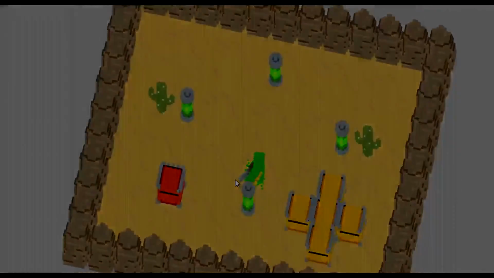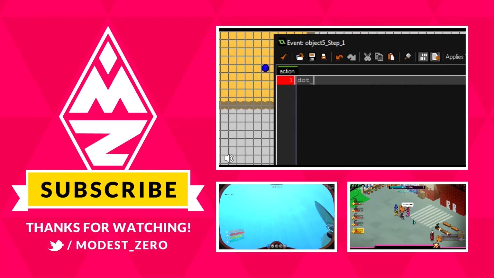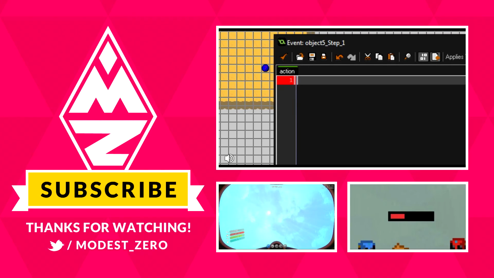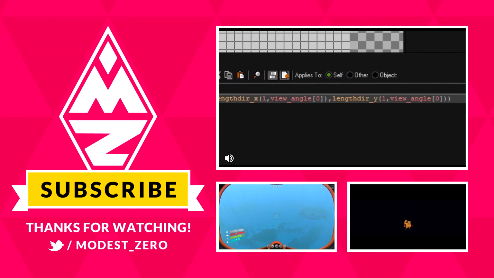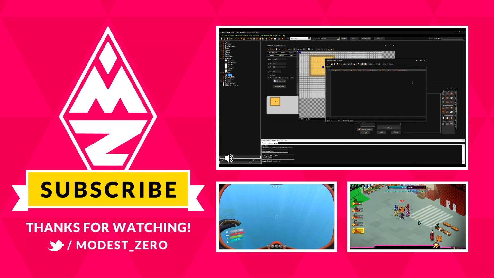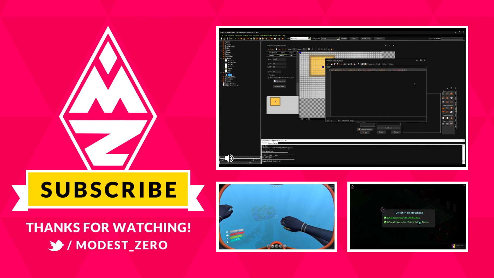Woo! It's called the dot product, I think. Yeah, okay. So as far as I can understand, and I still really don't understand it, the way that GameMaker explains it is it kind of works like a view cone. So you can